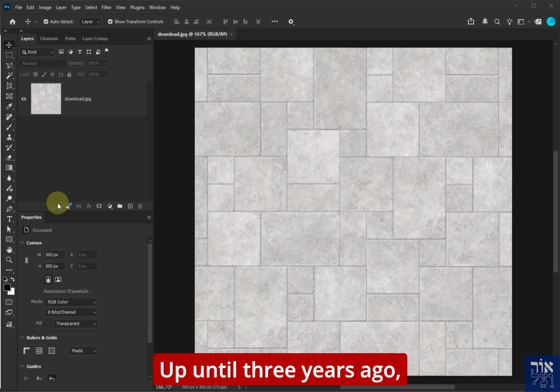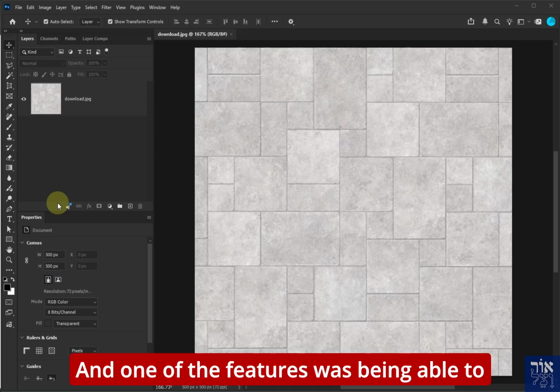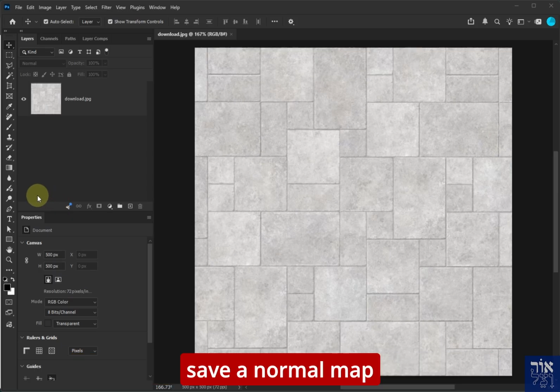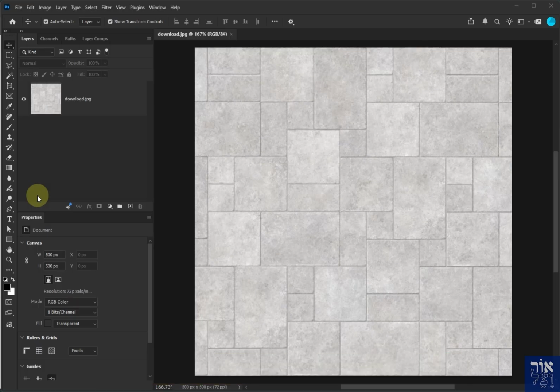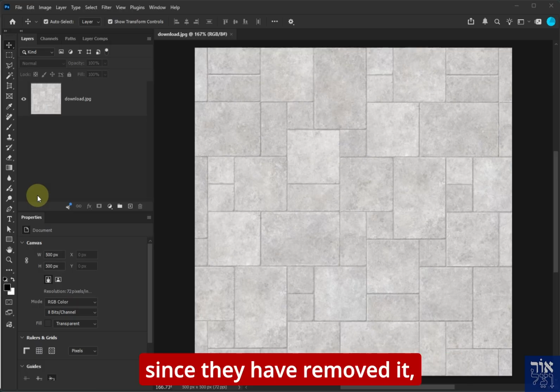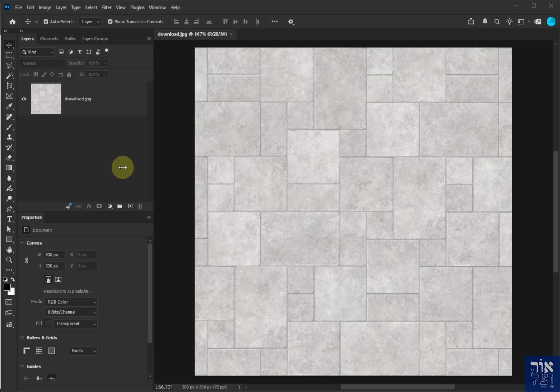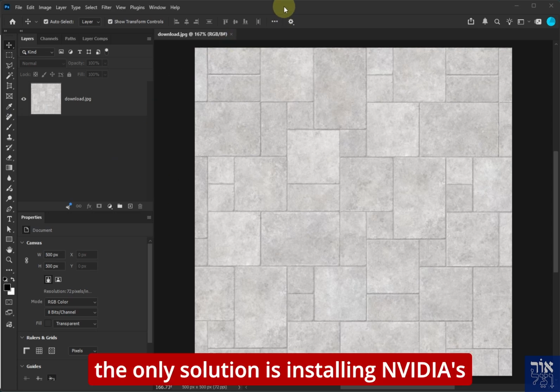Up until 3 years ago, Photoshop had a set of tools. They used to call it 3D, and one of the features was being able to save a normal map directly from Photoshop, taking a diffuse color map and changing it into normal. Since they have removed it, the only solution is installing